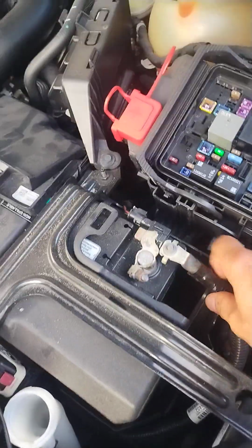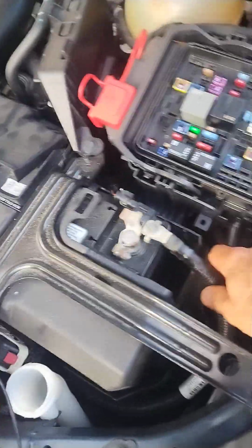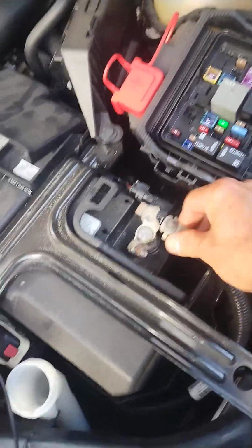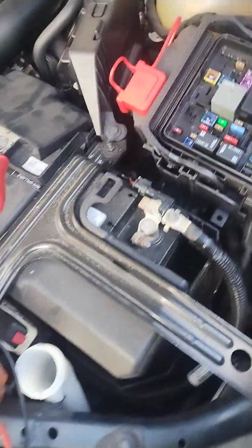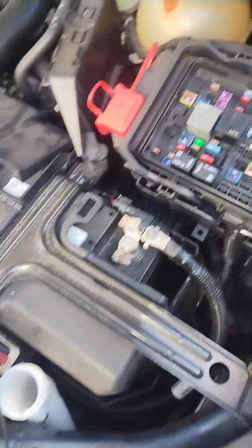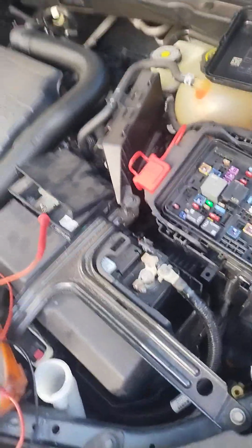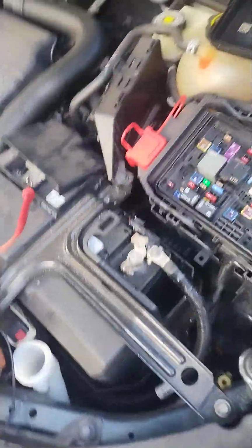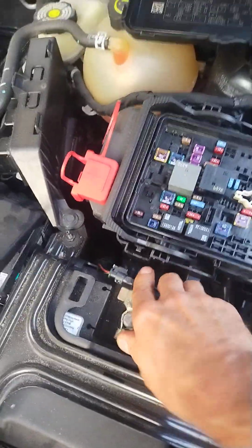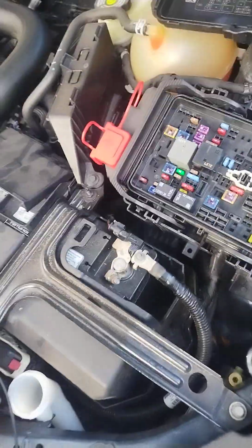My point is, something this simple on these new modern cars and how sensitive they are to voltages, and even a voltage spike, like that thing spiked when I put it on there, will definitely wig out all the communication system. The modules are very voltage sensitive, so when they see voltages they don't like, they wig out. In this case, yes, we all know you can disconnect the ground wire and the